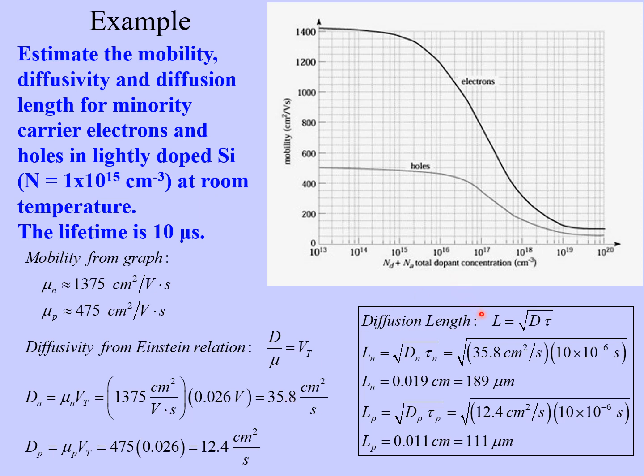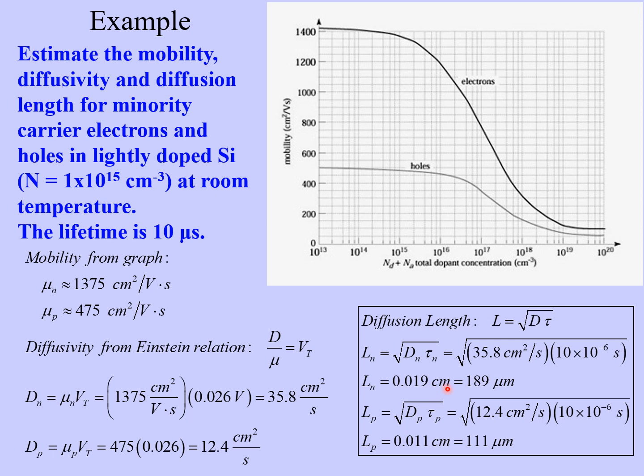The diffusion length, L, is equal to the square root of D times tau. So for electrons, the diffusion length is going to be 35.8, right? That's this number here for D. And the average lifetime is 10 microseconds. So that's 10 times 10 to the minus 6 seconds. You have to convert that to seconds, okay? And so multiplying these two together and taking the square root, you get